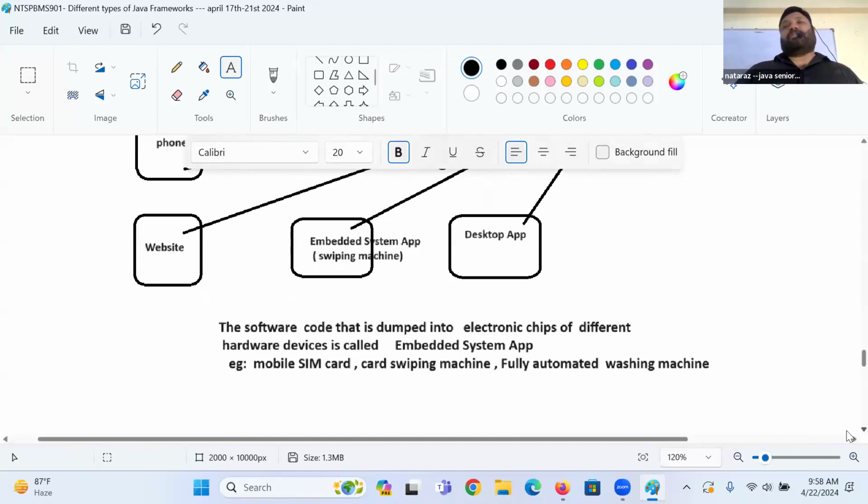Because of that software, the washing machine decides how much time the spindle has to rotate, how much powder and water it has to consume, and after how much time it has to go from washing mode to drying mode. All the decisions are taken dynamically. Got the clarity?